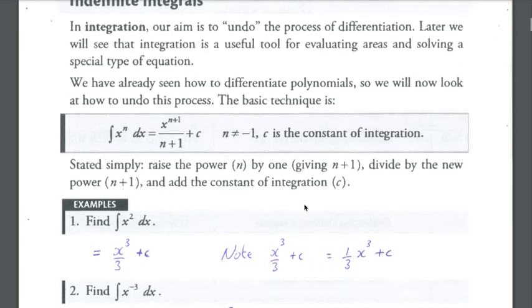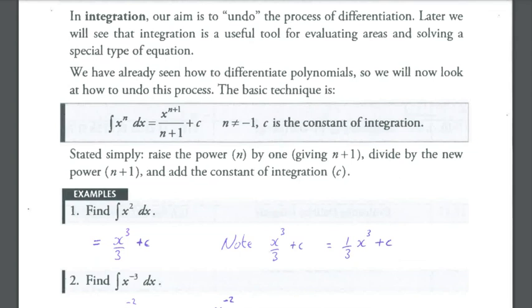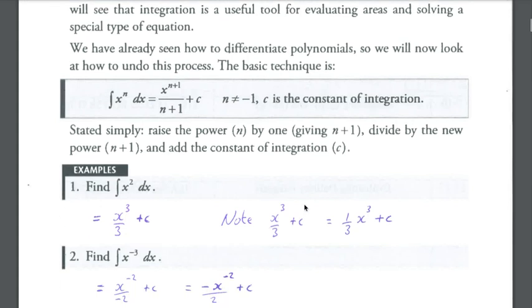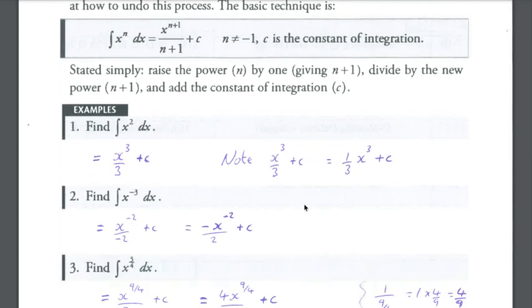So when we differentiate, we bring the power, we multiply by the power and then reduce the power by 1. So to undo that, we're going to add 1 to the power and then divide by the new power. So if I am integrating x squared, which is undoing the differentiation of something to get x squared, I would,